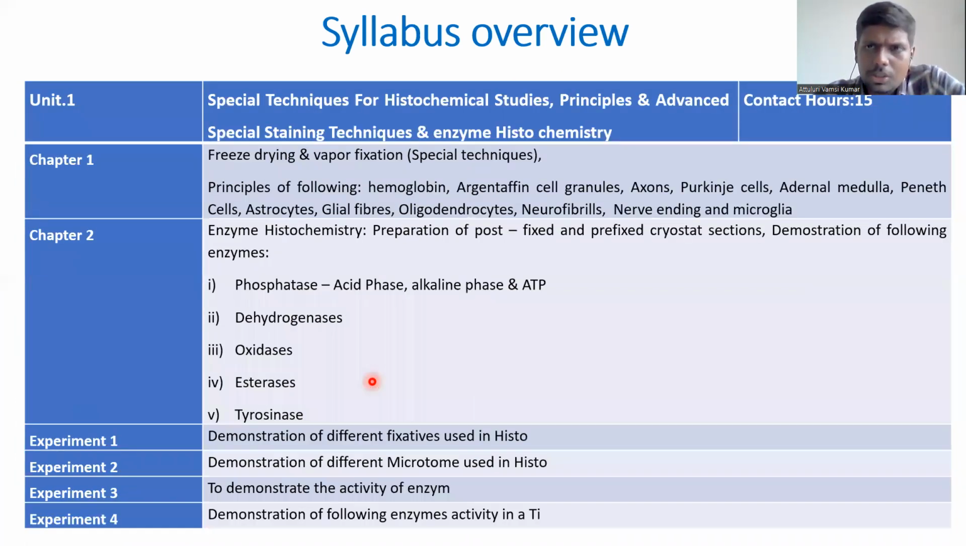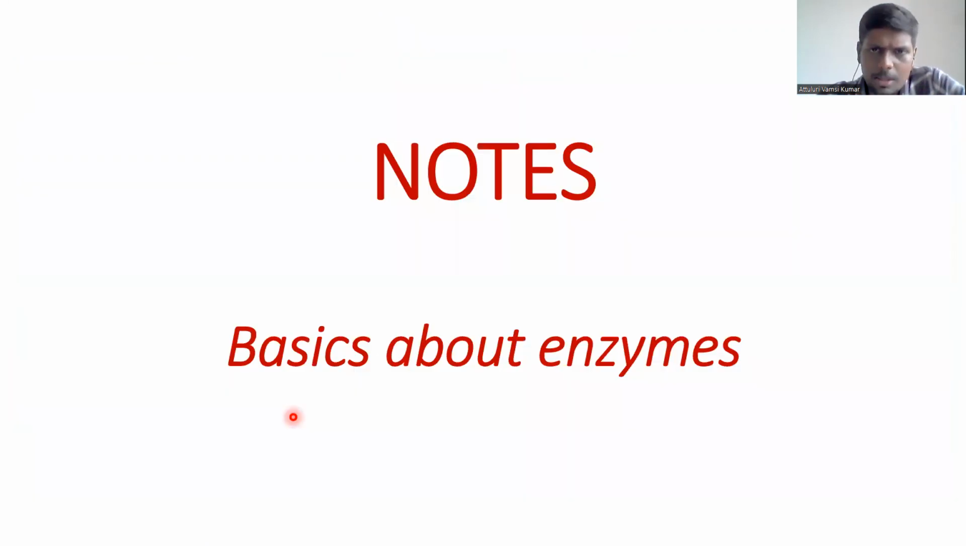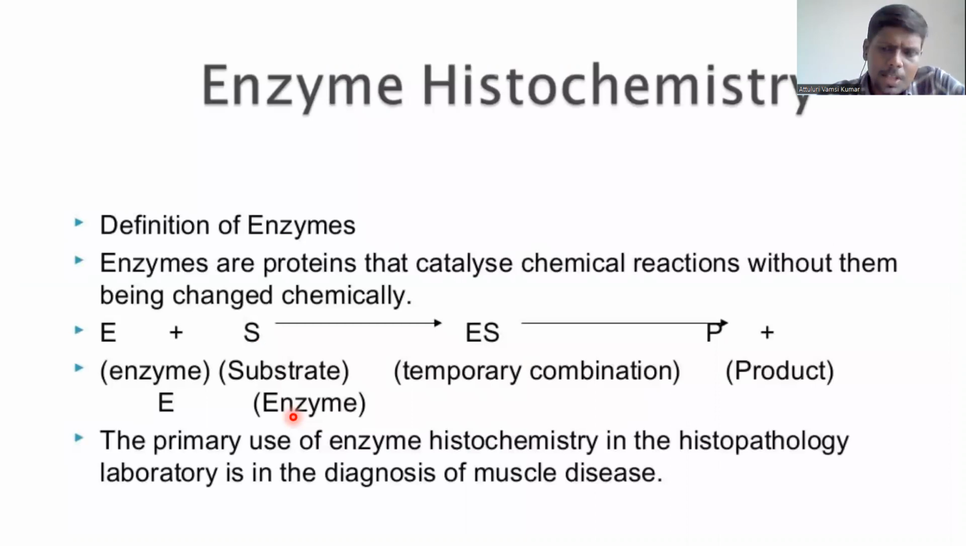Then, according to the syllabus, we need to study these five enzymes: phosphatases, dehydrogenases, oxidases, esterases, and tyrosinases. Before going to study individual enzymes, we need to have some basics about enzymes. We already covered these basics in the last lecture, but anyway, I will do a quick revision. Basically, in enzyme histochemistry, in order to assess any enzymatic status, we will see the